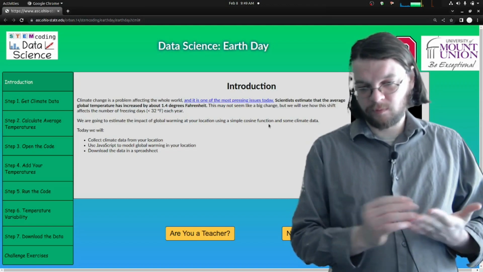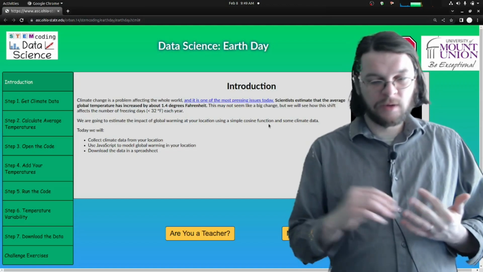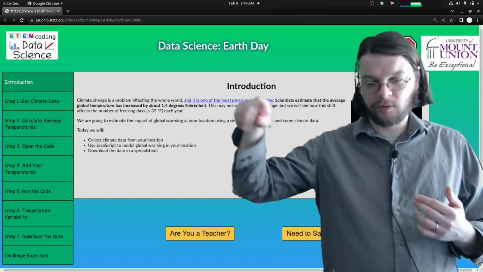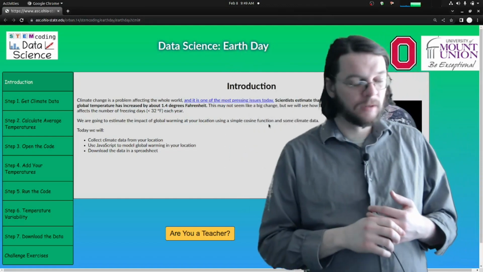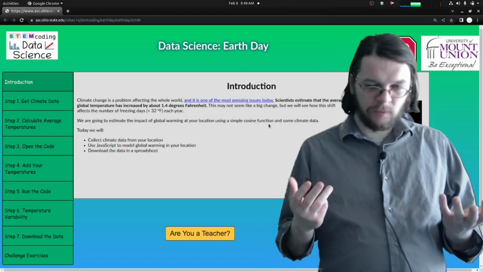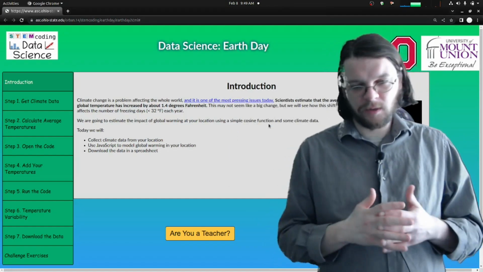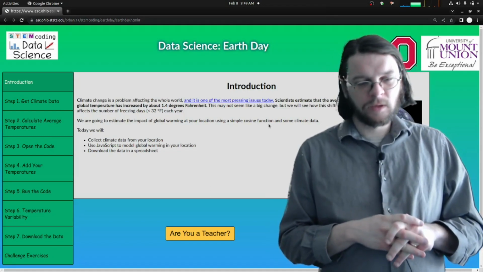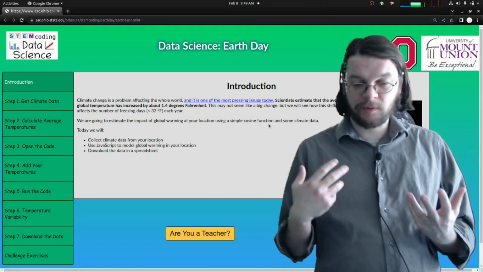Florida, so I have family that lives in Florida, there is a slight increase in the number of hurricanes, and the hurricane strength is a little bit higher than it would be without climate change. But in the Midwest, the effect of climate change is not as obvious. So this activity explores that.